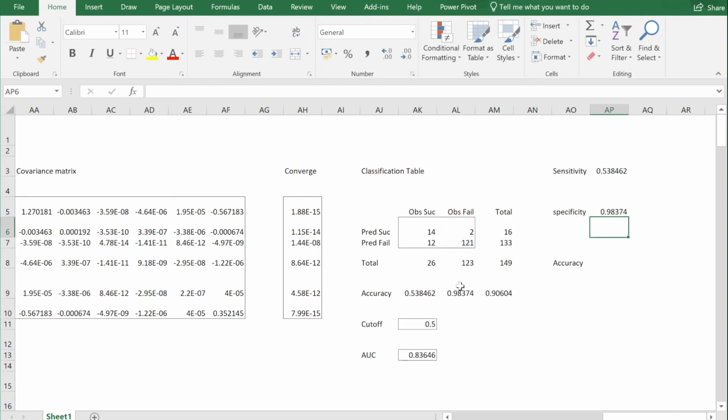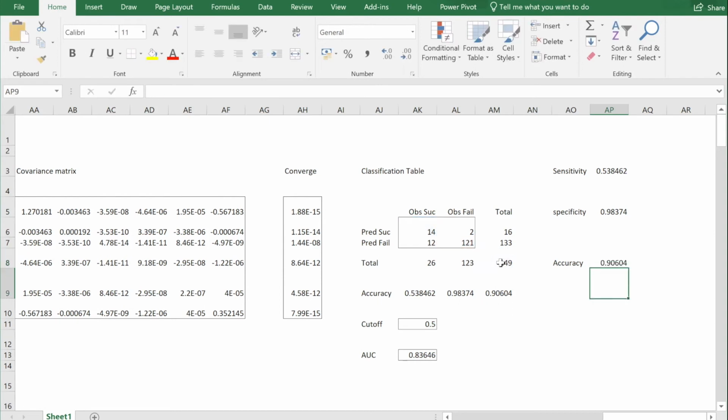And coming to a third parameter called accuracy, which is basically how many true positives and true negatives you have predicted out of a total observation. So it is given by the total of true positives plus true negatives divided by total observation, that is 149.